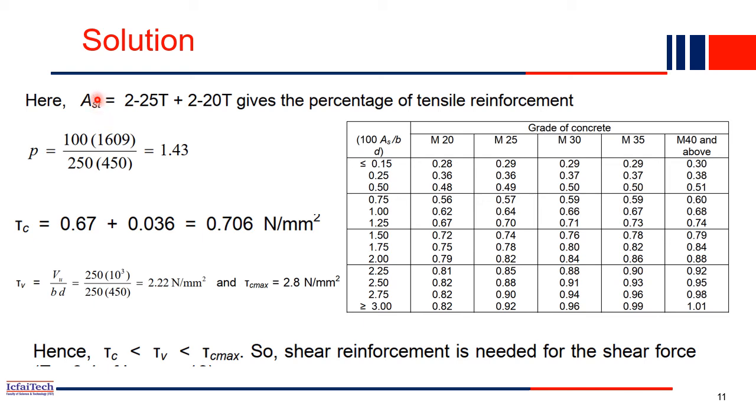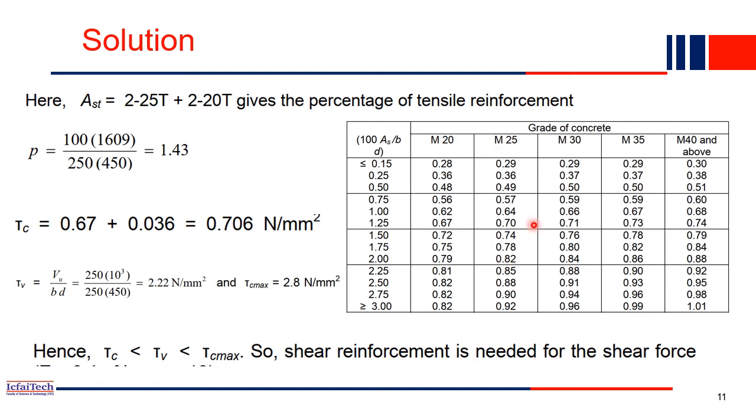Area of tension steel at the bottom: we provided a 25 mm Tor bar times 2 plus 20 mm Tor bar times 2, right? So this is the bar we've already provided. Now what is the total percentage of steel we provided? Find pi by 4 into 25 square into 2 plus pi by 4 into 20 square into 2. This will give you the total AST. This value should come out to 1609. And by B and D you will get the total percentage of tension steel provided. So it is 1.43, right?